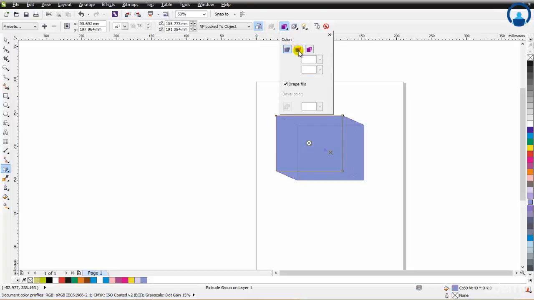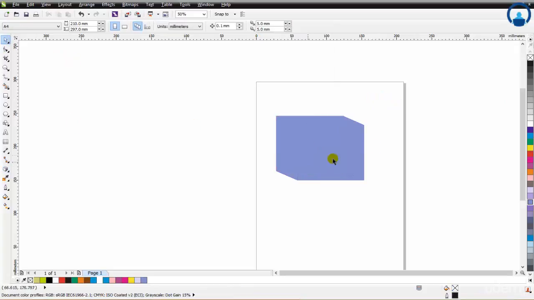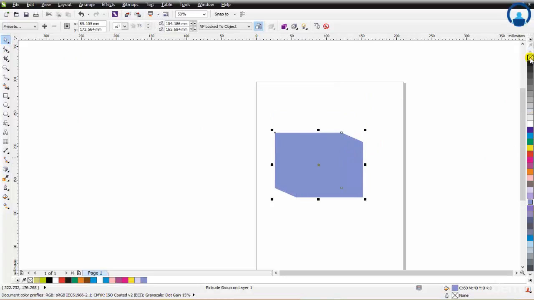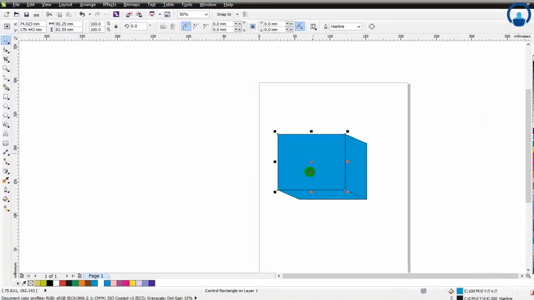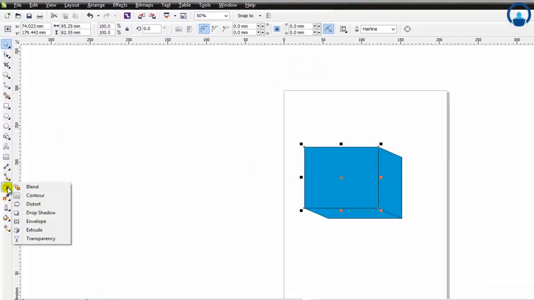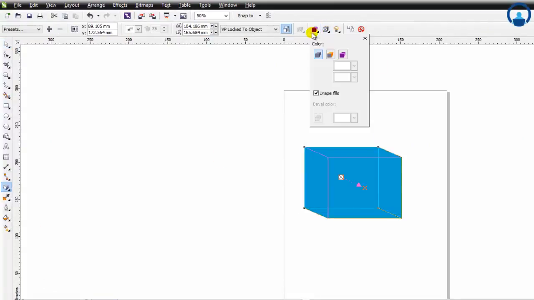Again, if you go to the first option, it brings it back to its original color. If I put some outline, you will be able to understand the depth effect, the 3D effect on this object. That is extrusion color. This is extrude, and next we will see is